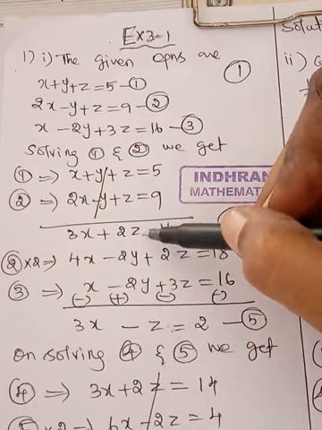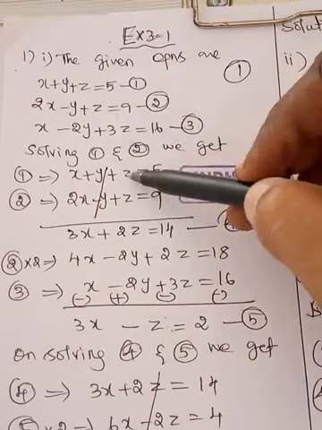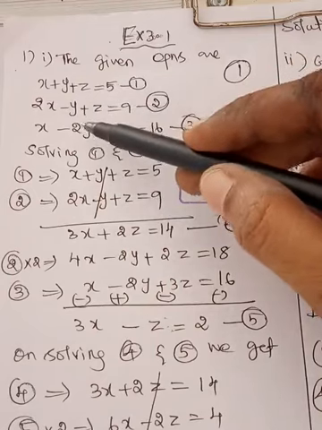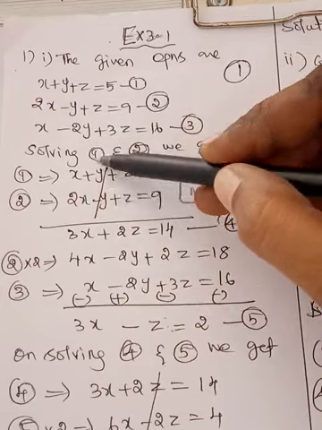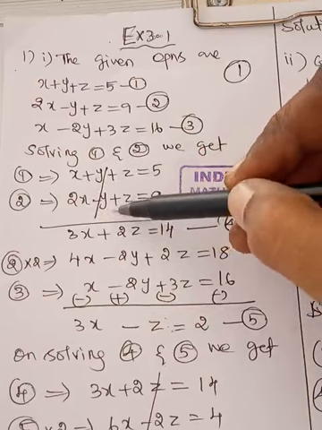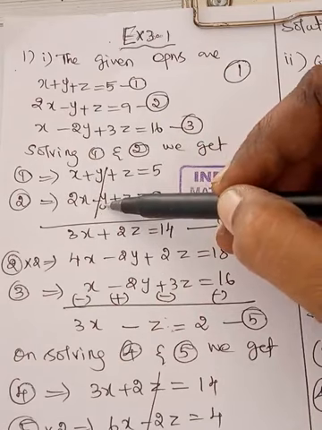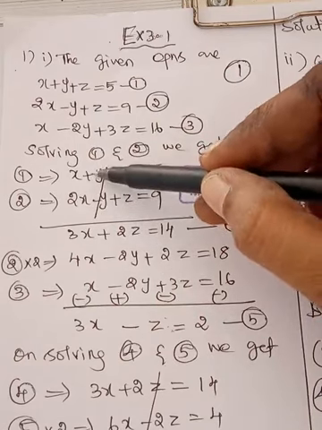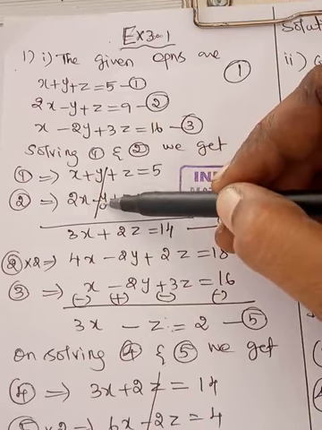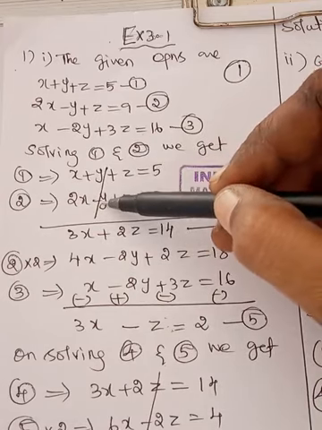So for that, first equation I am writing as it is, second equation I am writing as it is. Here I am eliminating y. Why I chose this depends on the question; you can choose. Here the coefficients of y are equal but opposite in sign. So if you add, easily you can eliminate. So I chose y.